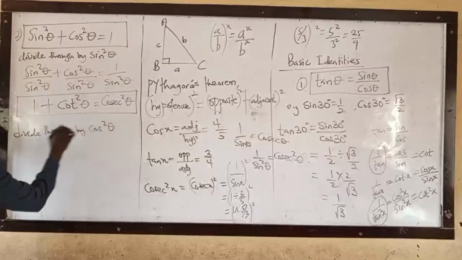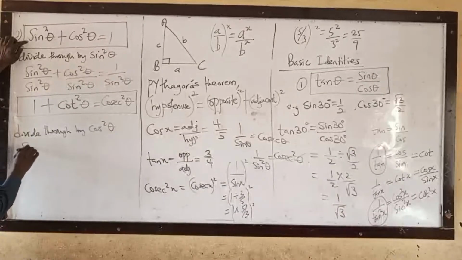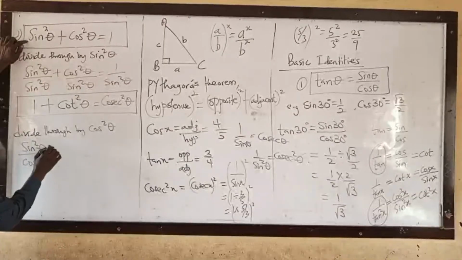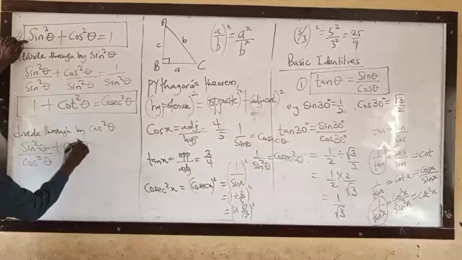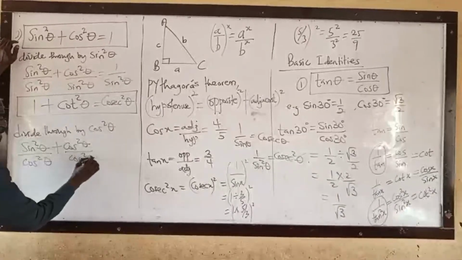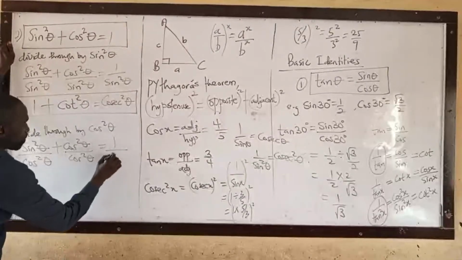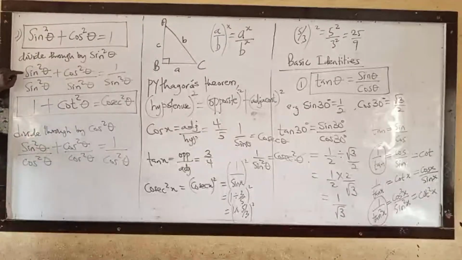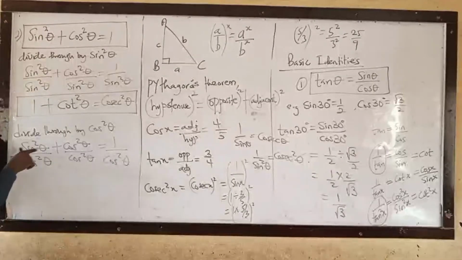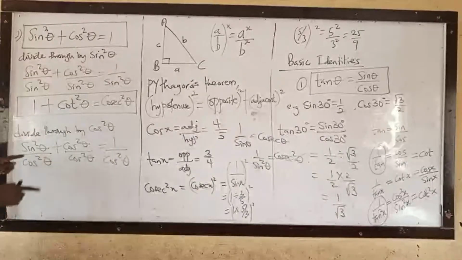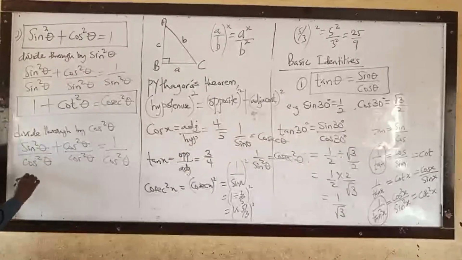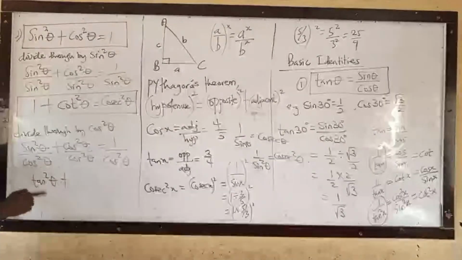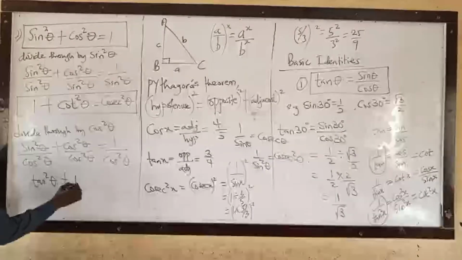by cos theta. So having sine square theta all over cos theta plus cos theta all over cos theta equals to all over. I'm dividing this guy actually by cos theta. You know, the first one we divided by what? By sine square theta. Because sine over cos is tan. If it's now square, what will it give us? It will now be tan square theta plus cos square theta over cos square theta will give us 1 equals to